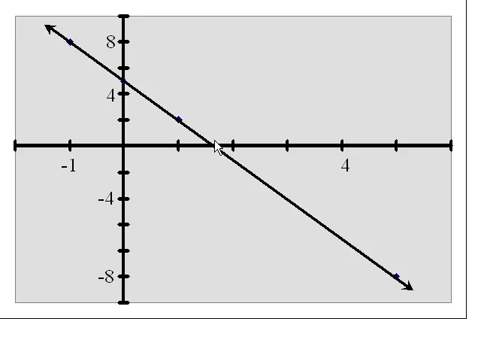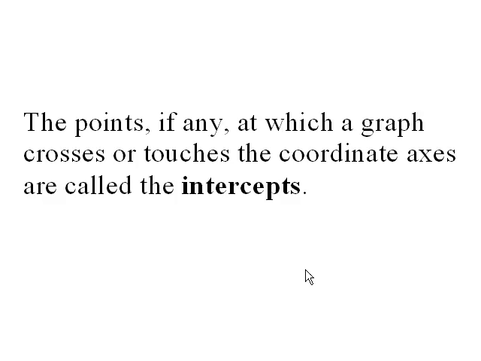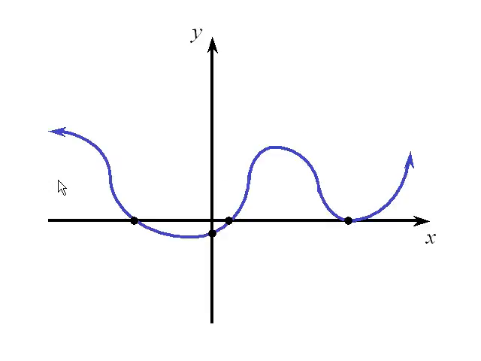This is called the x-intercept of this graph. This is the y-intercept. In general, the points at which a graph crosses or touches the coordinate axes, those are the intercepts. You could do it not just for linear equations, but for lots of equations. Let's do it for a fancier one. This blue curve swooping around the plane is just the graph of, presumably, some equation relating x and y coordinates.